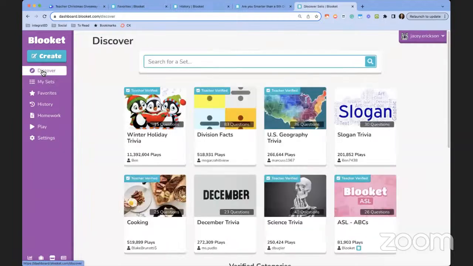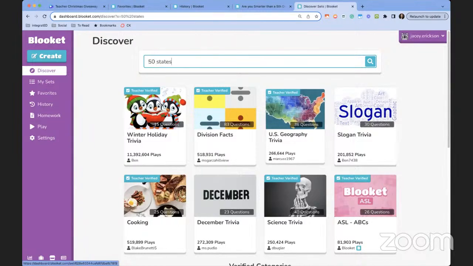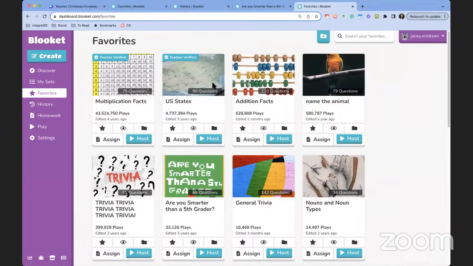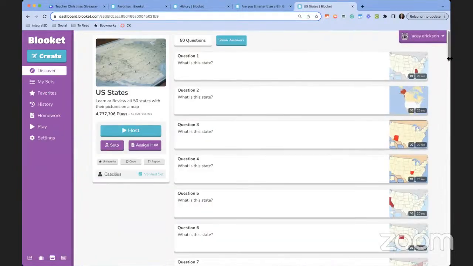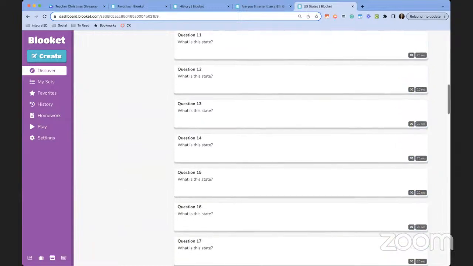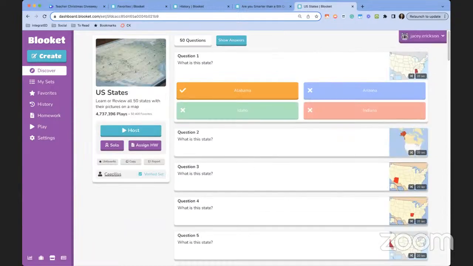And then, so Colleen wants to play the 50 states. That's always a popular one. Let's see. I think that we played one, the US states. Yeah, we played one along those lines. Let's go and see what kind of questions this is. Okay, so this is just a visual question. Yeah, we could play this one. Okay. So if I say host,